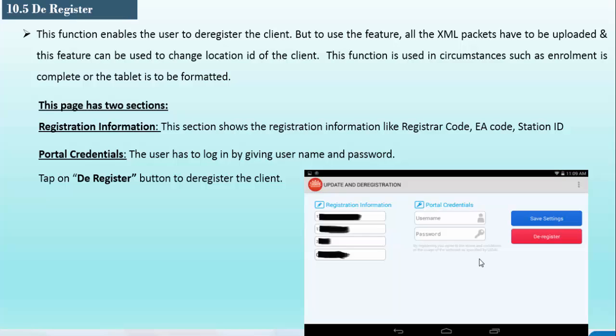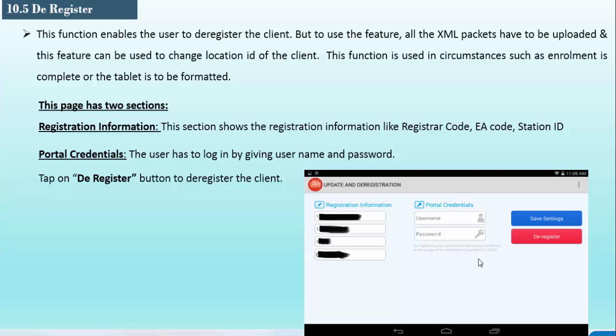Before deregistration, without registrar and EA approval, we should not proceed with this. Please ensure this confirmation with the registrar and EA before proceeding with the deregister option in your CLC.